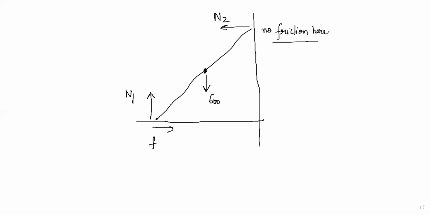So for equilibrium of the rod, you do force balancing and torque balancing. So force balancing, all the horizontal forces you have to balance. Horizontal forces don't give us much. It gives F is equal to N2, but F we don't know. Mu N1 it will be something, but mu has not been given. So okay, let's just write it anyway. So you get F is equal to N2. Second equation will be N1 should be equal to 600.